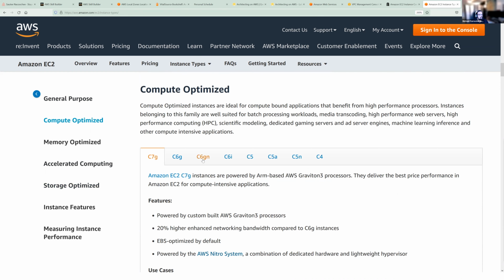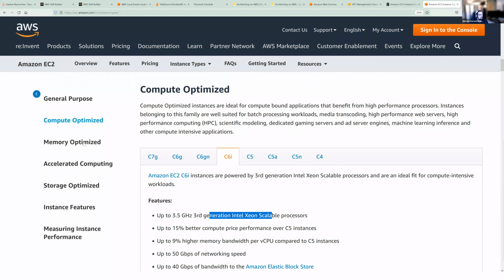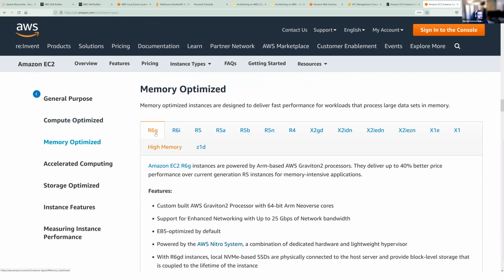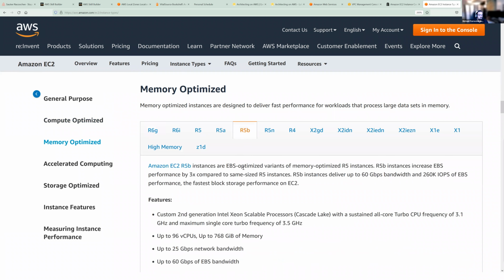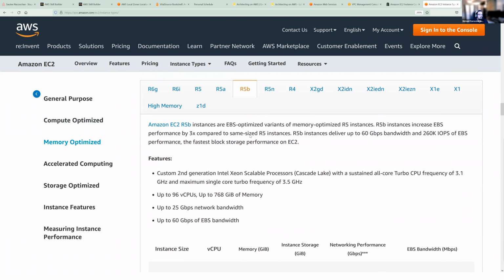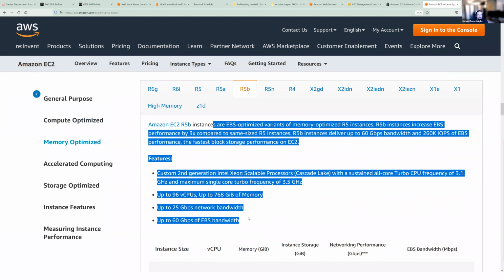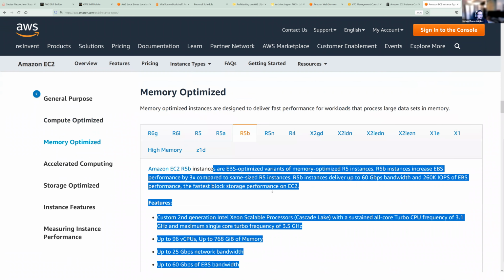So some of them you can figure out. Some of them get really weird, like a GN. I guess that's a Graviton with the Nitro edition. I is Intel, I'm assuming. Let's go check. Yeah, looks like it's Intel. Let's go look at the R series. That's probably Intel, Graviton, AMD. What's a B? I don't know what a B is. EBS optimized? Okay, sounds good. So bandwidth optimized. Got it.